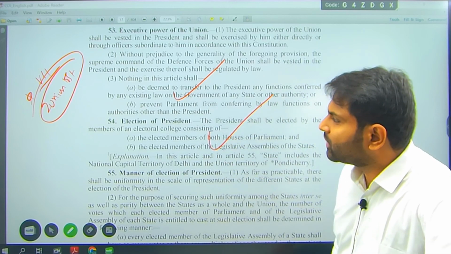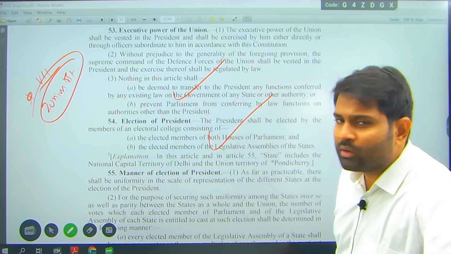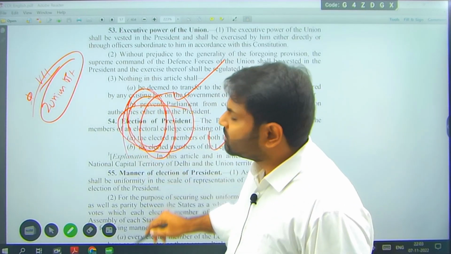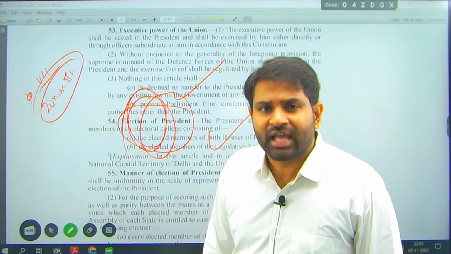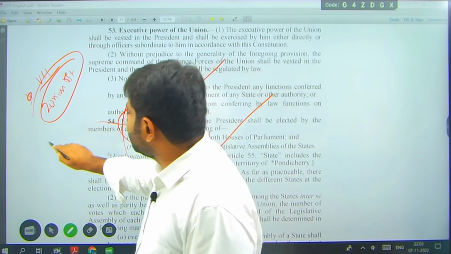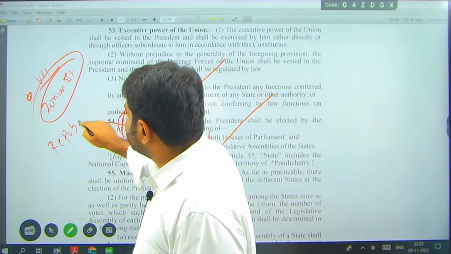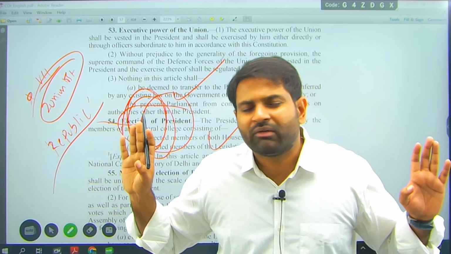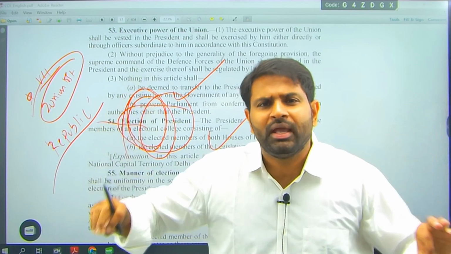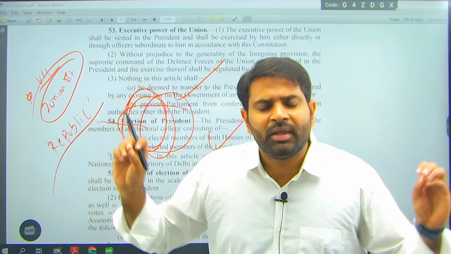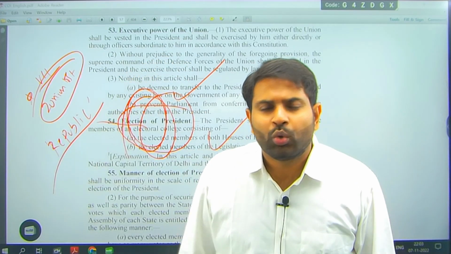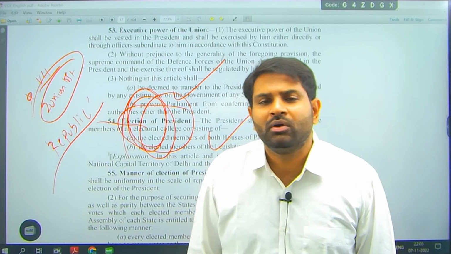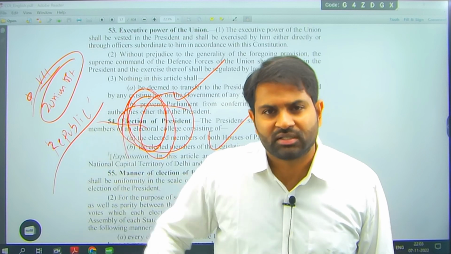Article 54 is very important, election of president. Remember Article 52, Article 54, election of the president. When you see the word election, direct or indirect, this is Republican. What does Republic mean? Republic means participation of the public in all public offices. Whatever the office, every citizen should be eligible. Every citizen should be eligible to become President of India. Not only a person belonging to a particular caste, religion or class, but everyone should be eligible for all public offices.